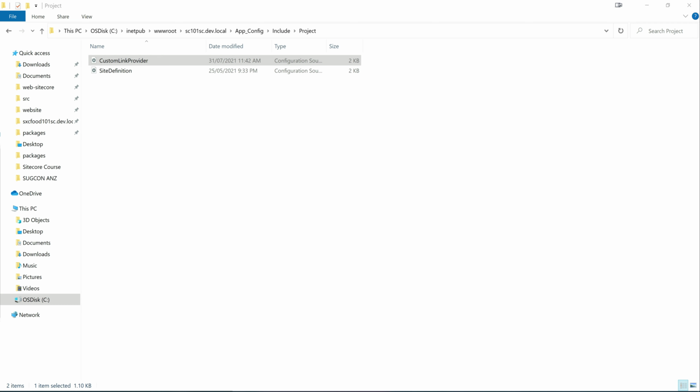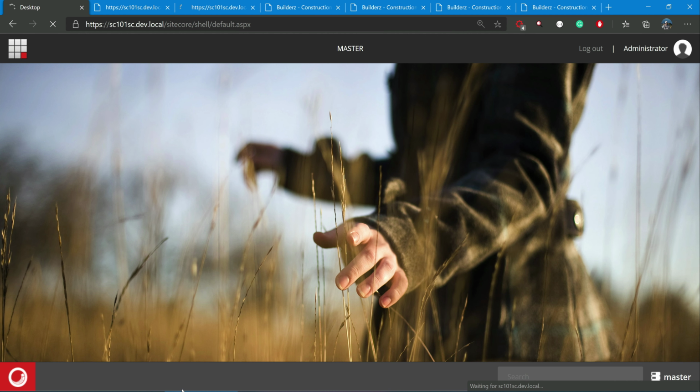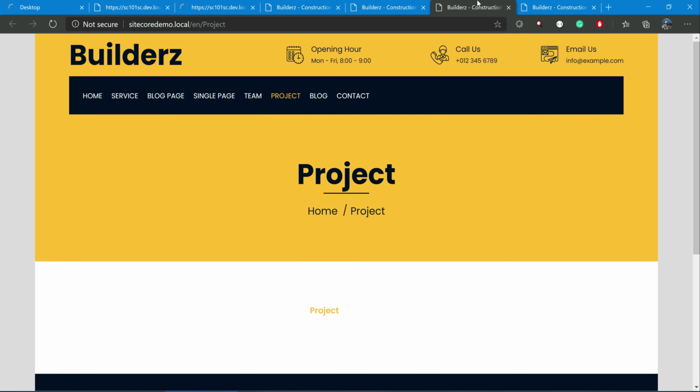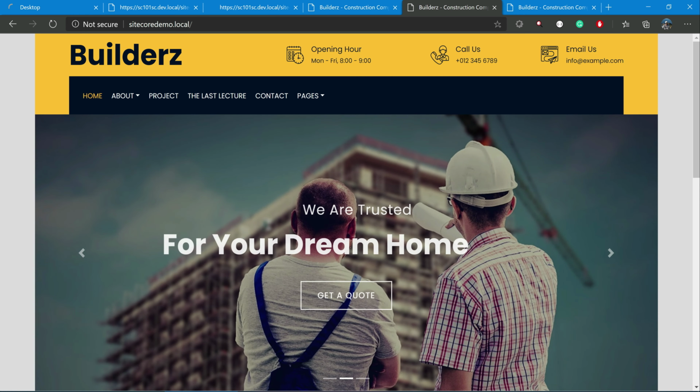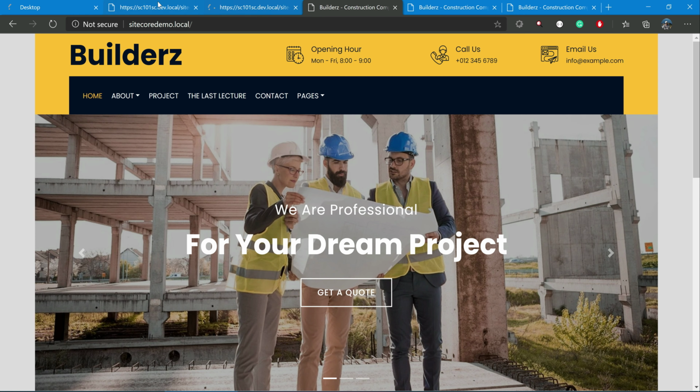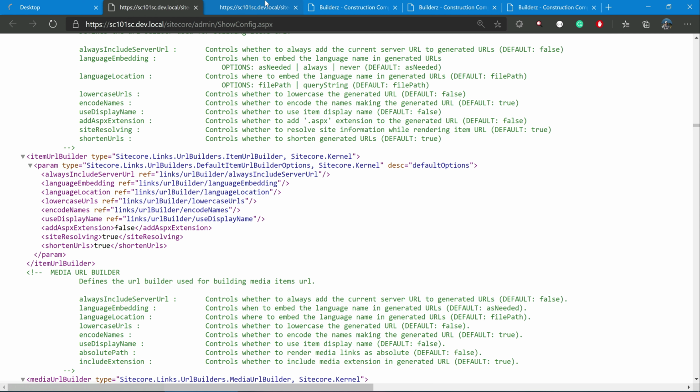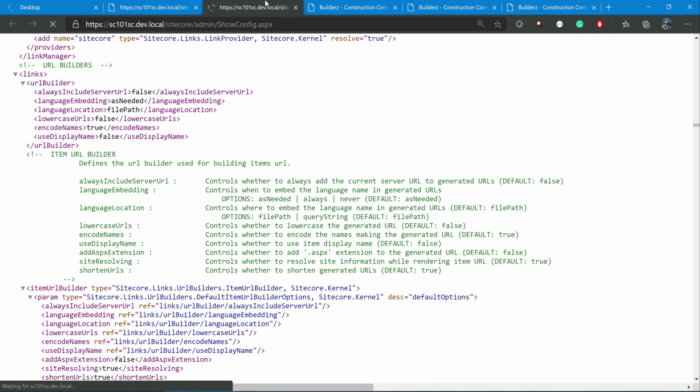Yeah, that should be fine. It just takes a moment to load.